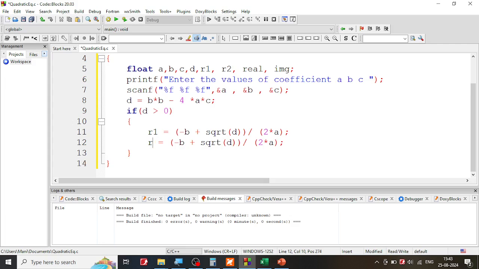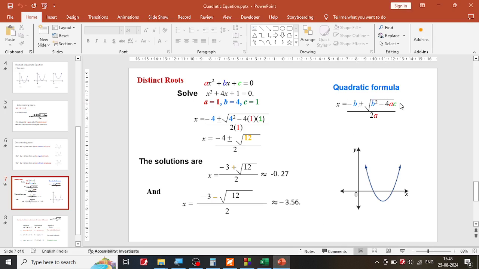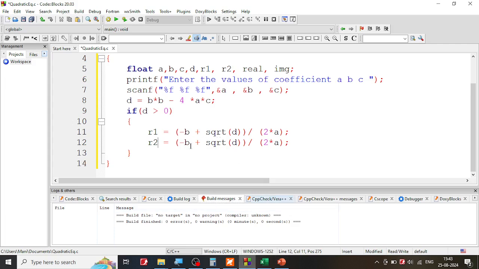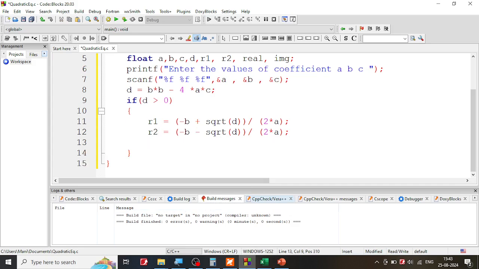So the next term that I'm going to get is R2, that is root 2. The first time it is minus b plus square root of b squared minus 4ac, the next time it is minus b minus. So the only thing I have to do here is change this one to minus. So I got both the roots here. I'm going to use a printf statement, and I'm going to say printf. And over here I can say, real roots are